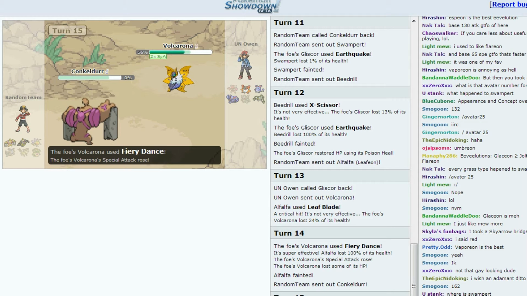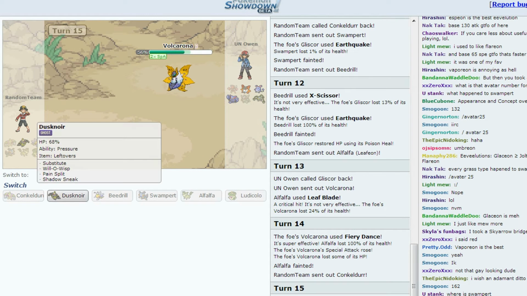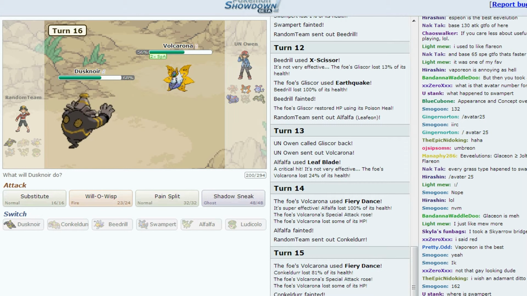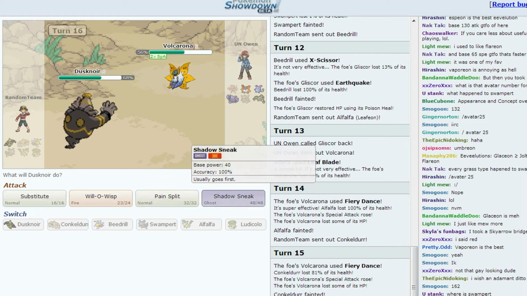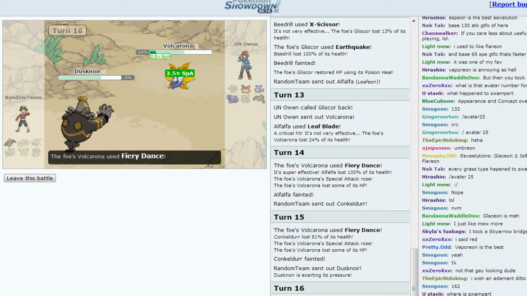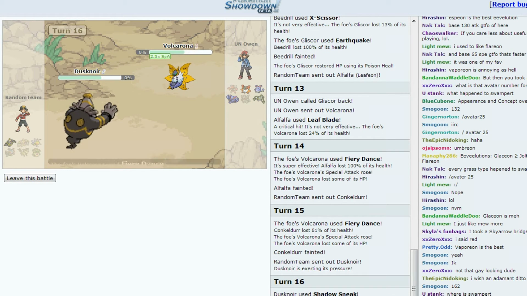Now they have 2 times special attack, and I am left with a 68% Dusknoir. And all I can really do is Shadow Sneak or Will-O-Wisp. Miss Flame Body. I'm just gonna go for the Shadow Sneak. Screw it. I got a crit, but that didn't help very much at all. So, well, I wish that crit helped more, but